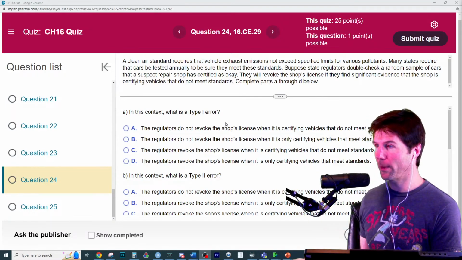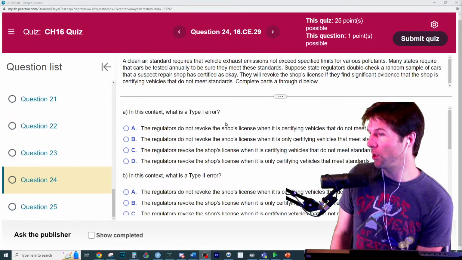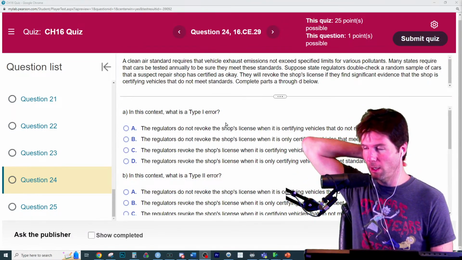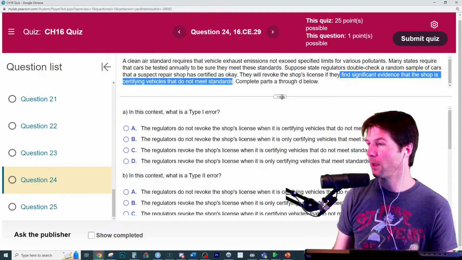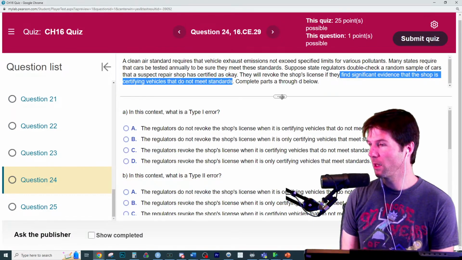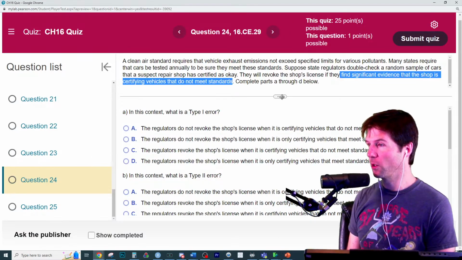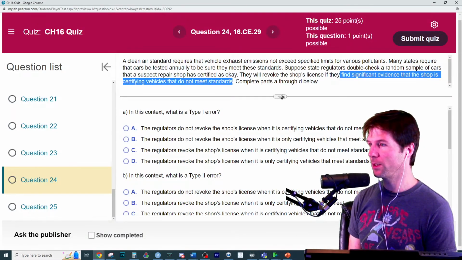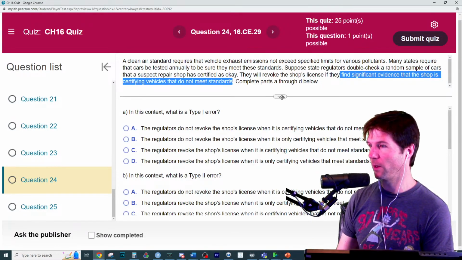Okay, so what is the null hypothesis for the shop? Just pause right here and write down the null hypothesis for the shop. Would it be that the shop is doing a good job, so they get to keep their license, or the shop is doing a bad job, so they need to have their license removed? What is the null? And they literally tell you what you're doing right here. Then we'll solve this whole question pretty much. The null is your initial belief that you hold as true until you have evidence otherwise. So what is the null hypothesis?